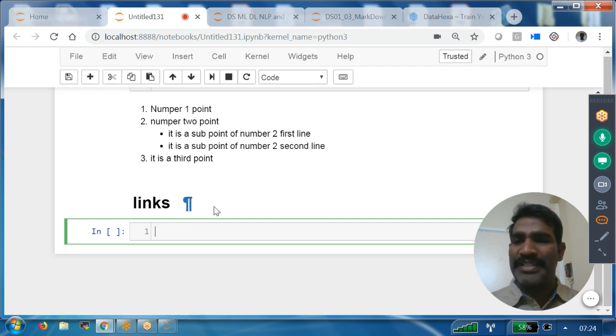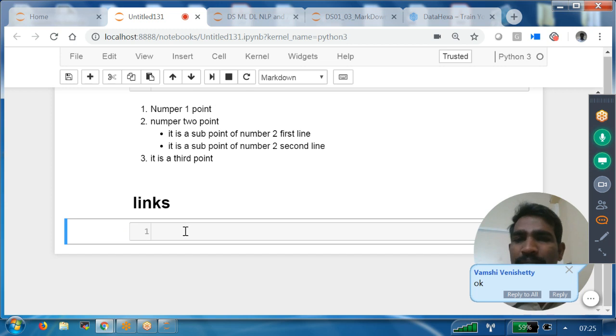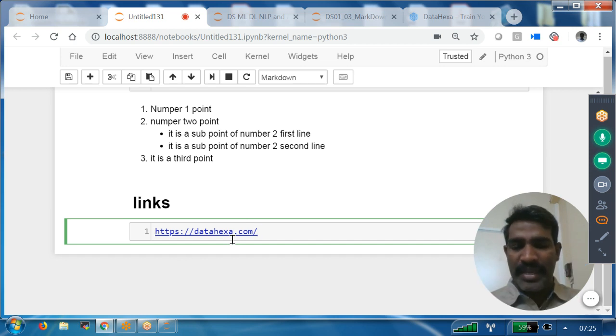We have to use Shift plus Enter to run this one. Shift plus Enter. What is the shortcut? Shift plus Enter. Or you can use this button, whichever is available. Okay, now I am turning this into Markdown. Then you go and put the hyperlink here. And I am saying as